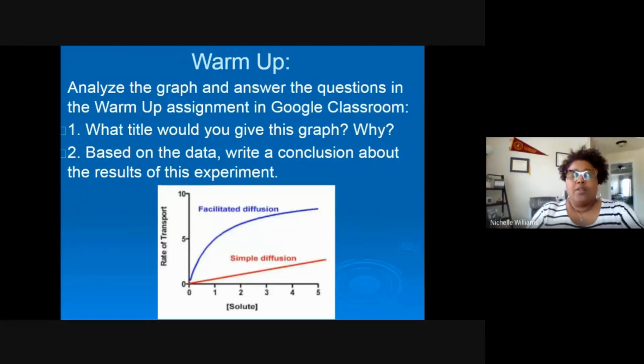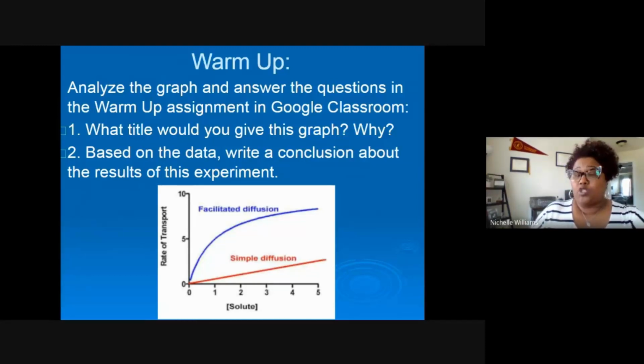All right, so now it's time for your warm-up. Your warm-up should have populated in Google Classroom now, so you should be able to just toggle over to Google Classroom. This same question is there, but I want you to answer it in the classroom under that assignment for today. We're looking at a graph, and you know that graphing and data analysis is something that we do all the time. As you can see from this graph, it doesn't have a title. I purposefully clipped it out because I want to know what you would title this graph.